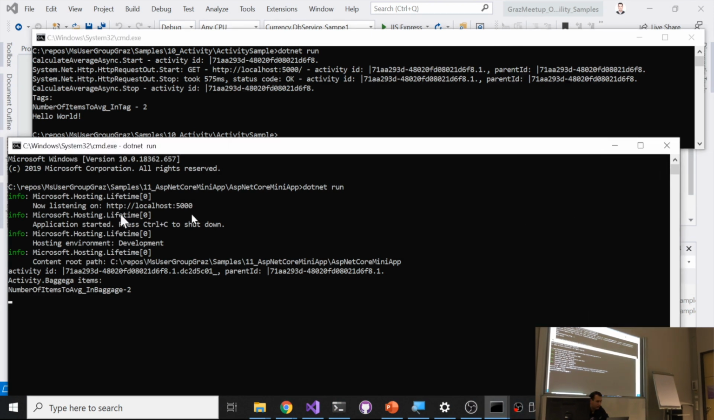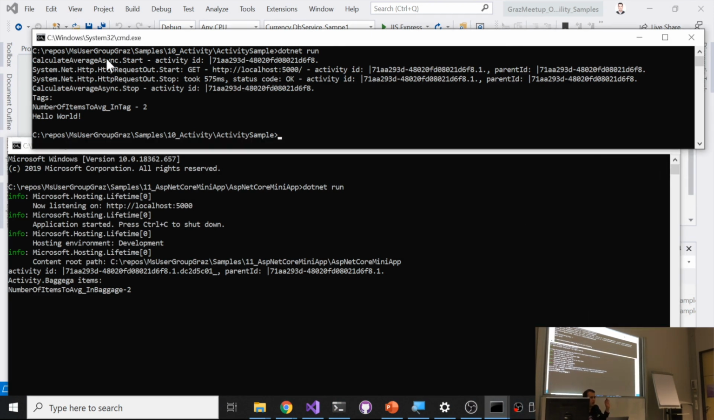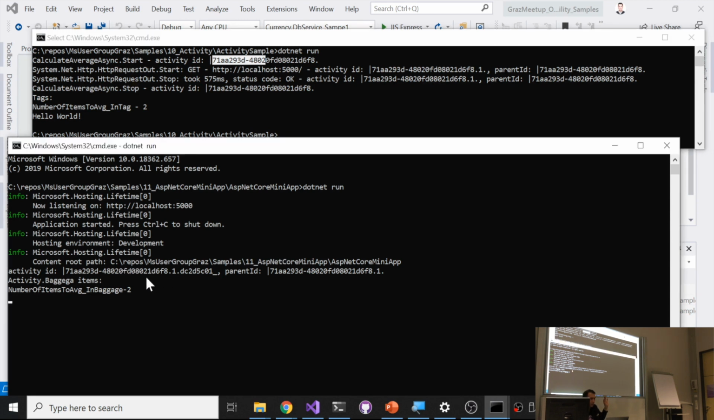We saw that the calculate average async start has an activity ID which ends with F8. The HTTP call has an activity ID which is this one, and its parent ends with F8. So its parent is actually the ID of the calculate average activity. And then in the ASP.NET Core application, which is another process, we have this ID, and the parent ID of